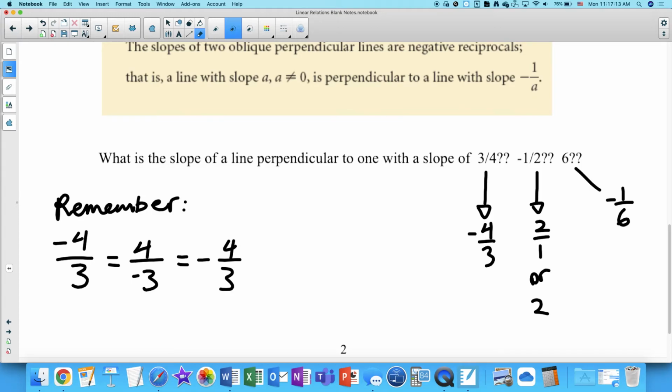Now, another thing that I'm just going to quickly mention, because this came up in my last class, and it was a good point, is that when we talked about rate of change in that context, we often wrote that value as a decimal, right? So if the rate of change is 1.5, that could represent $1.50 per can of pop. So we would write that as a decimal, right? When we're dealing with stuff that's more abstract, more often you will see that value written as like 3/2 instead of 1.5. The reason for that is that having it written as a reduced fraction allows us to very easily